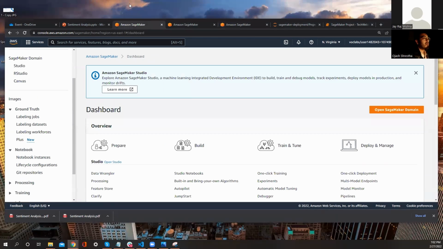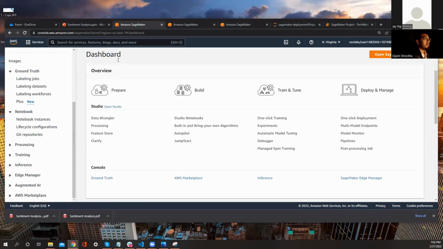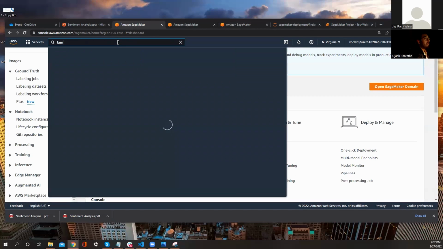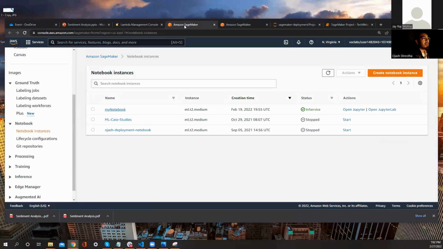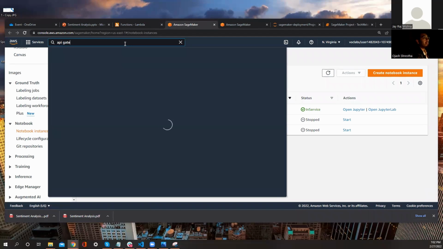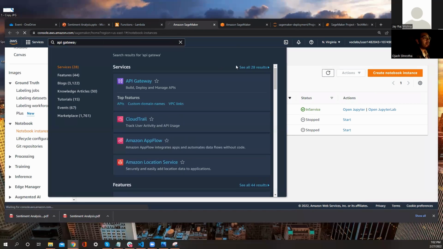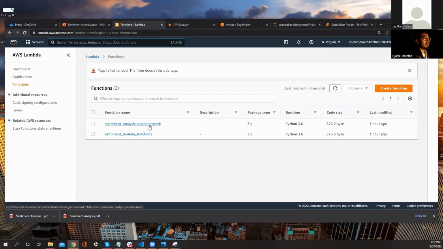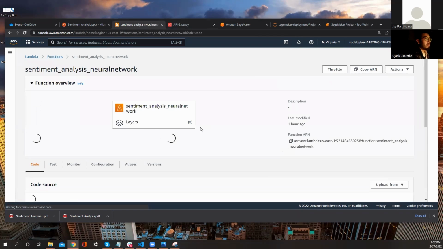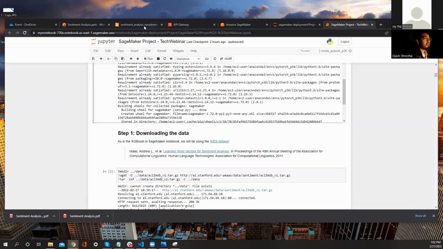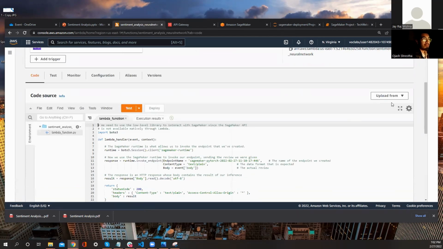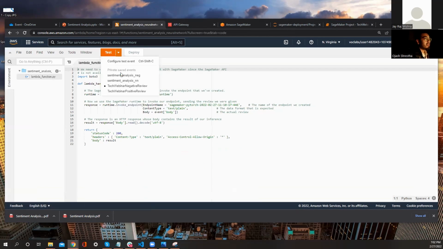So for example, you've got other services like Amazon Lambda, as I spoke earlier, right? And Amazon Lambda and Amazon API Gateway, right? So you use these services, for example, we create this Amazon Lambda to trigger our model. And for example, from this code that we have, I've done this entire processing, right? And this is, I've already deployed it, right?